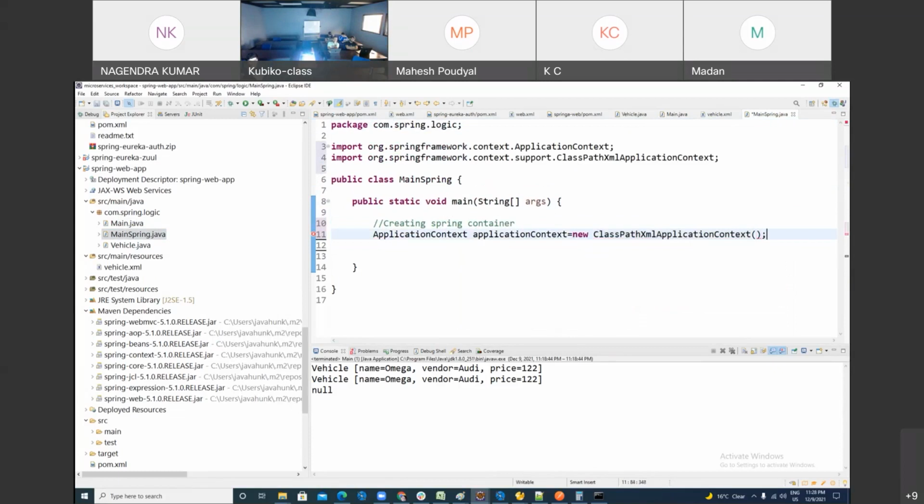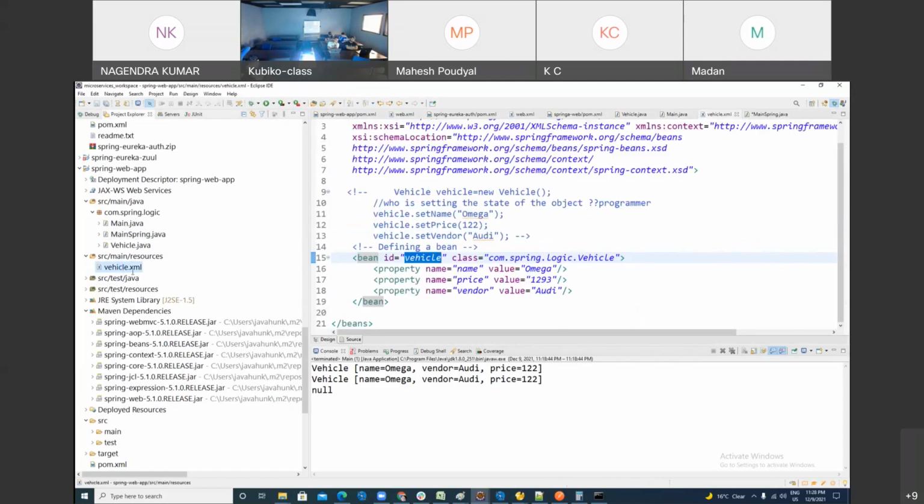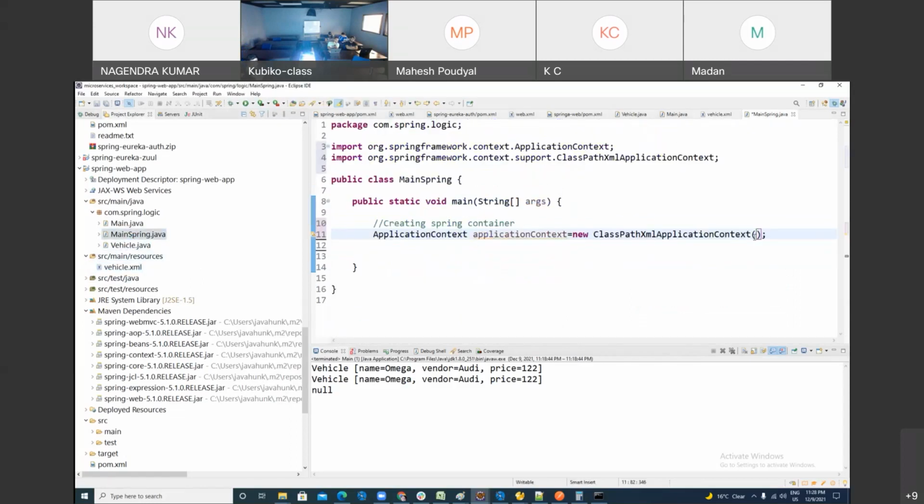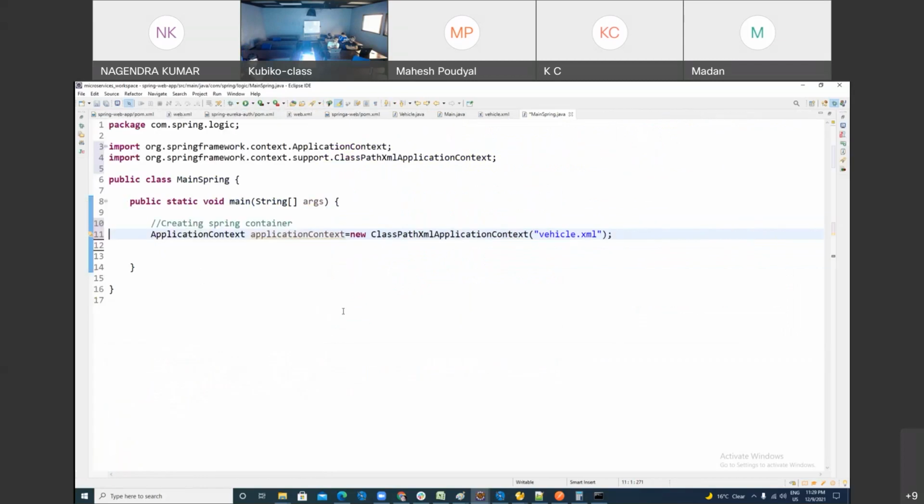Like here, this right side is creating what? A Spring container. And here you have to pass the XML file. Spring says, hey, give me the XML file, as per this I can create a bean for you. So this XML you can pass as a parameter. Got it? So this line will create a Spring container, and that Spring container you can access with the help of this.